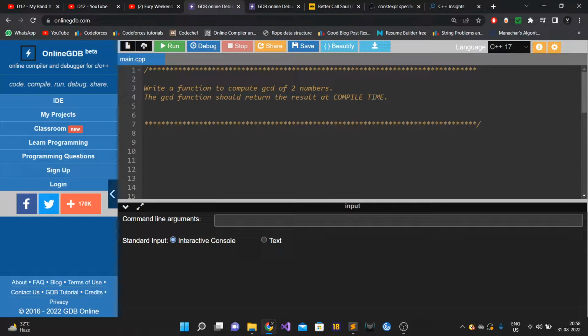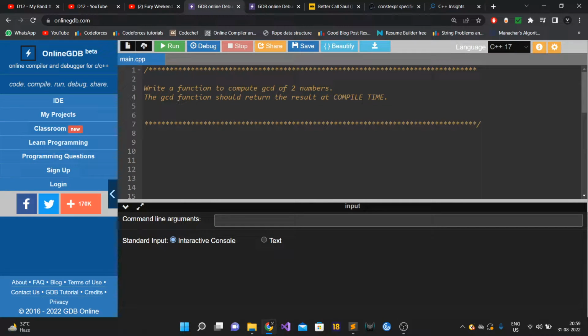But how can we generate the result at compile time? Well, there is a way in C++ to do that, and you can understand the significance of compile time. If your program is able to produce results at compile time, it means that the latency of it at runtime is almost zero, right? Because everything is available at compile time. When you run that program, the result will be immediately available to you. No instructions have been generated for that particular function which need to be executed, because the result was already available at compile time. So the latency is almost zero.